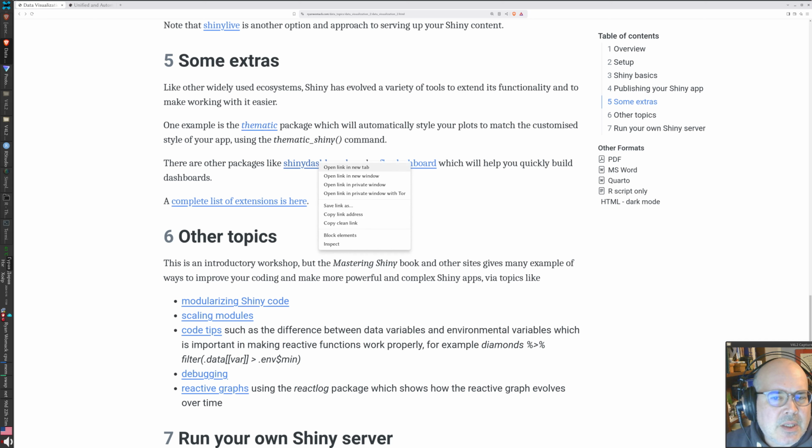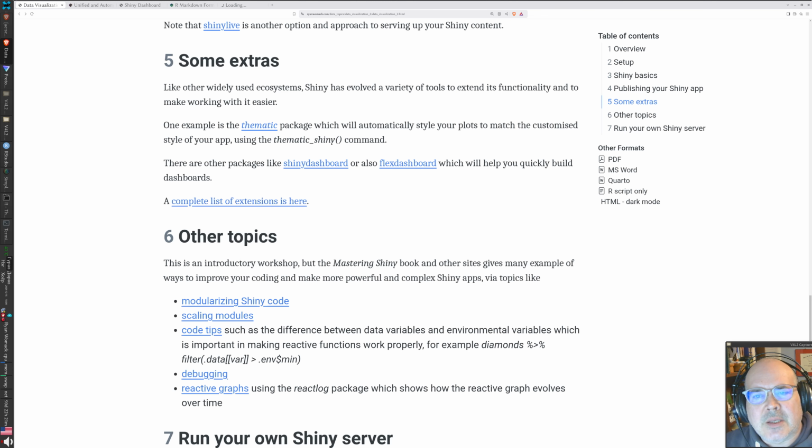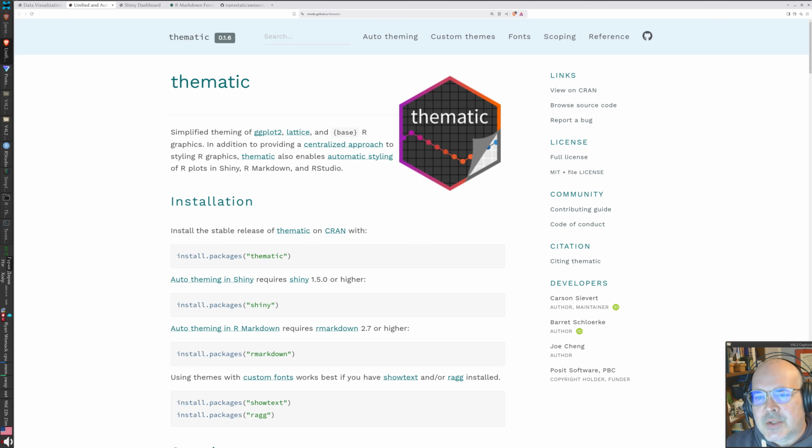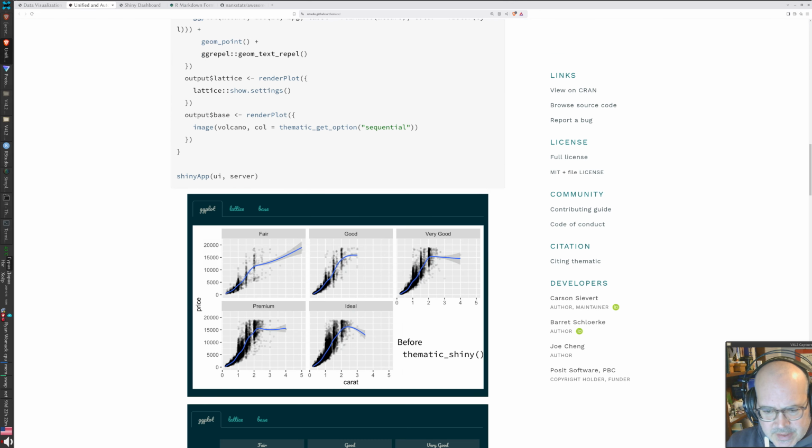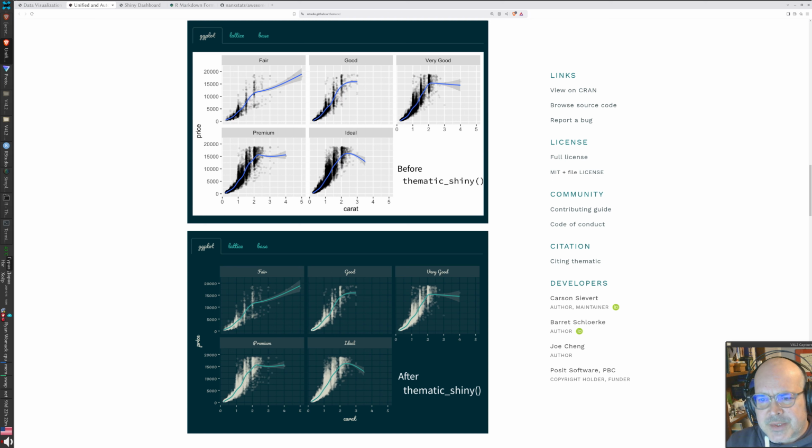So the main point is, like other parts of the R ecosystem, like the Tidyverse, Shiny is popular, and because it's popular, has generated its own ecosystem of helper packages, and I'm just going to give you a sense of those possibilities. One of these is this thematic package. This actually is not only Shiny, but also works with ggplot and other graphing. And thematic is designed to, as we can see in these examples,